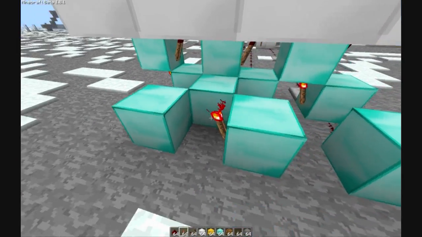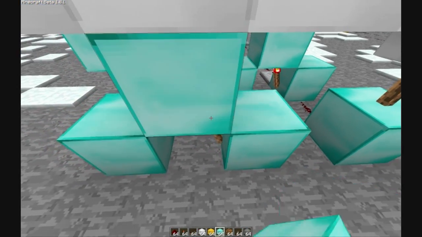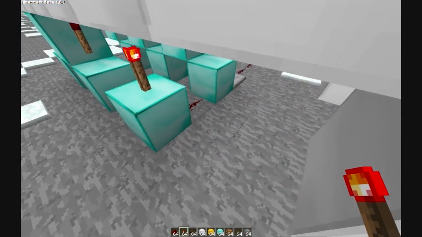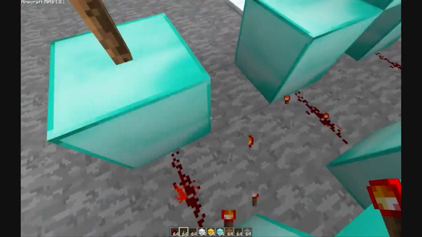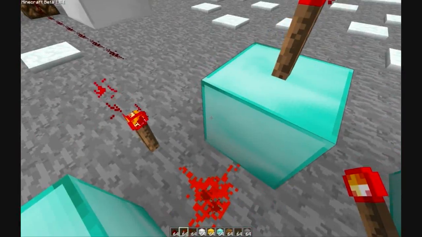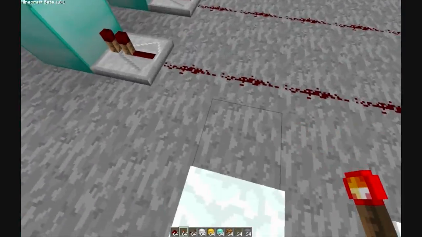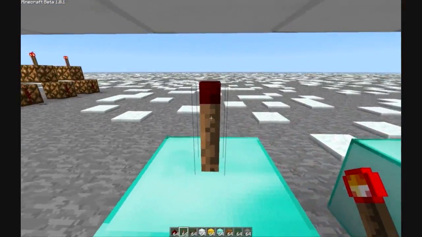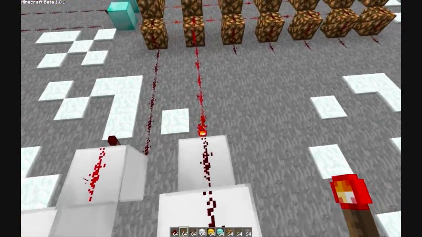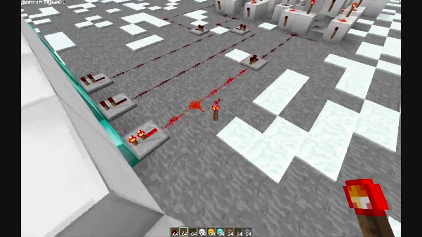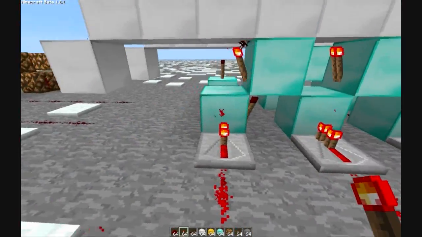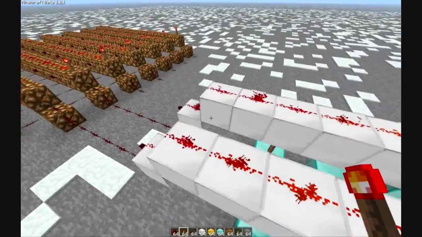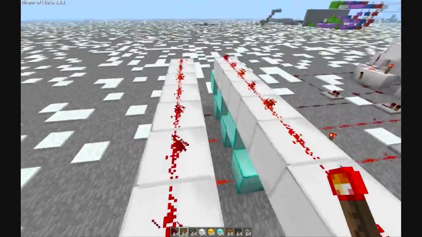Because that means that when this line turns on, meaning that this over here is also on, let me just do it like so, then, oh wait, that doesn't work. I'm going to need to do it like this. Then this torch here would turn off, this line would turn off, and then this line would turn on. But if this line right here was on, along with this one, none of these would be on because it's not the right